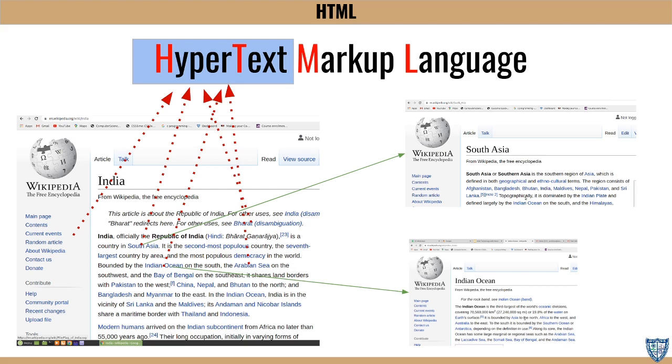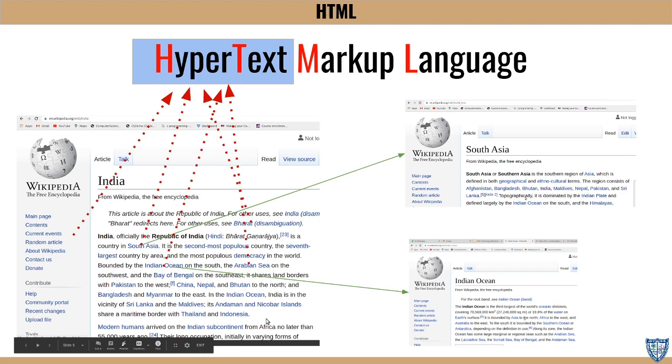When you put all these things together, what you are getting is the World Wide Web. Okay, so that is hypertext. Now we have to see how a web page like this is created. That is where this language comes in. HTML is the language used for creating web pages or designing web pages.